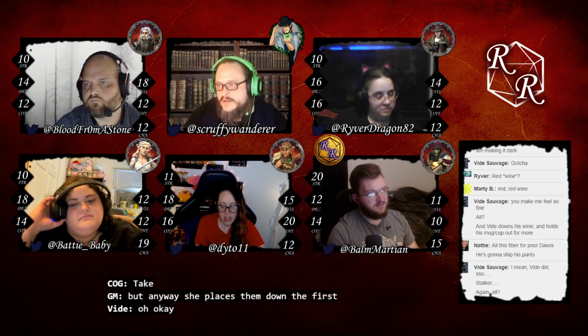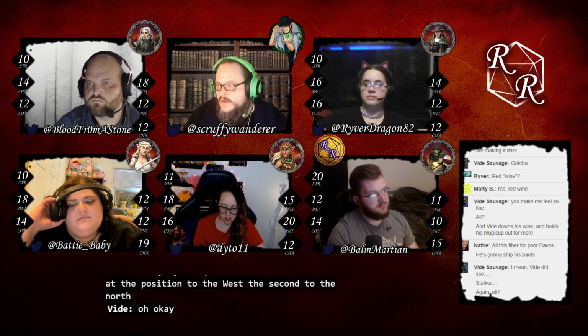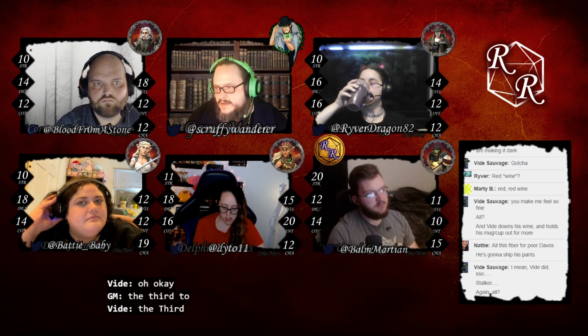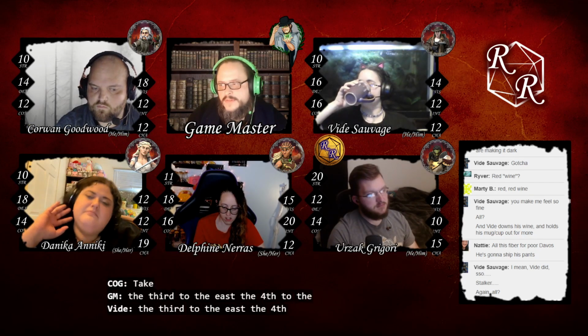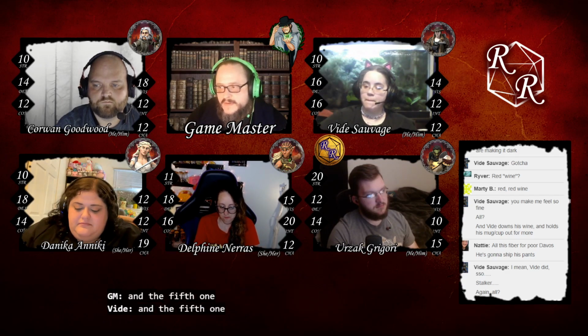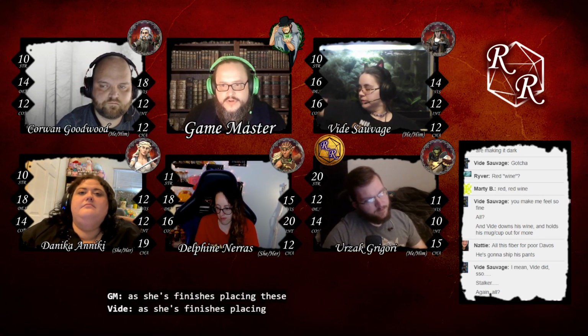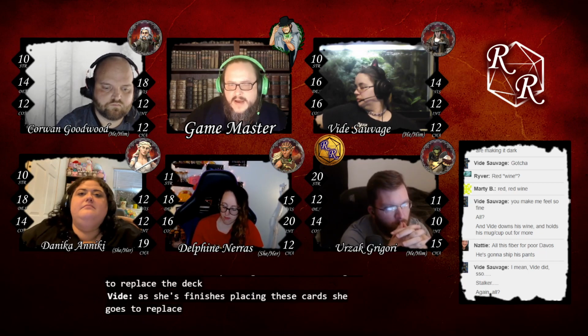The first one at the position to the west, the second to the north, the third to the east, the fourth to the south, and the fifth one in the center. As she finishes placing these cards, she goes to replace the deck to the side.